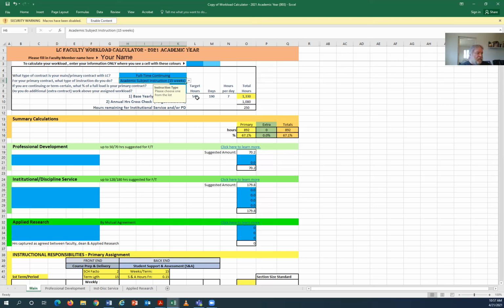So that 540 hours is doubled to 1,080 hours. And that 1,080 hours comes off of 1,330. 1,330 represents the 190 assignable days, 7 hours a day. Okay. The difference between the 1,330 and your instructional load, this 250 hours, is expected to be spent in professional